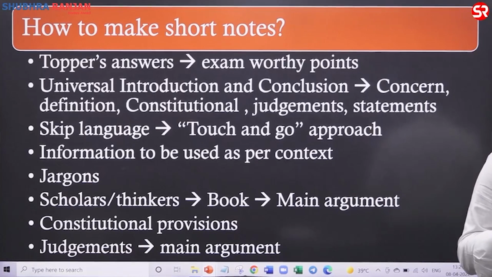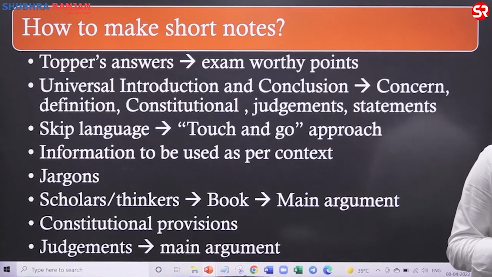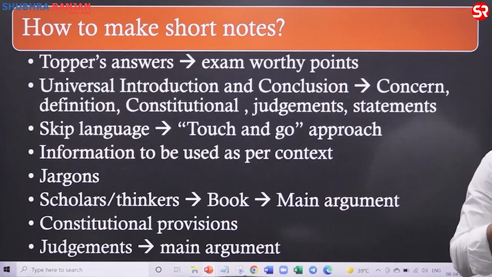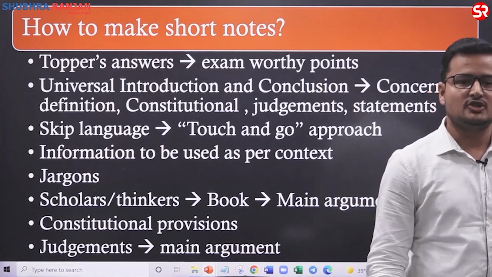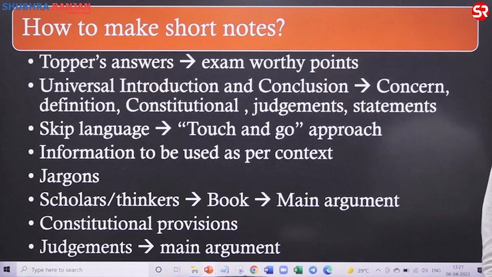But how do you substantiate it? For that, you need information. And you need to add that in the notes and you need to underline it. Information should be there in the notes which you can use as per your context. For example, in Pakistan,